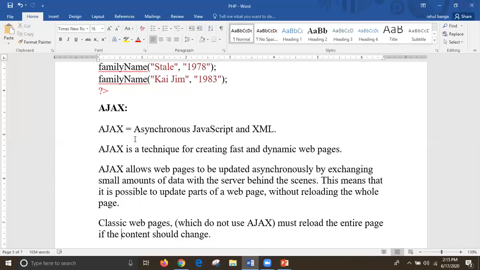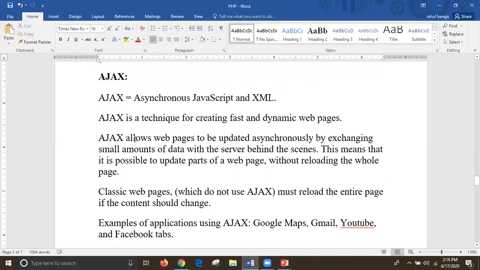So whenever we talk about scripting languages, JS, XML and PHP are the top ones. So the advancement of every scripting language is added with Ajax, and done with PHP, it makes it seem impressive. Ajax allows web pages to be updated asynchronously by exchanging small amounts of data with the server behind the scenes. That means not all the data is transmitted in a single load. We have to split the data into modules, and those modules will be transmitted slowly with the help of the transmission media.